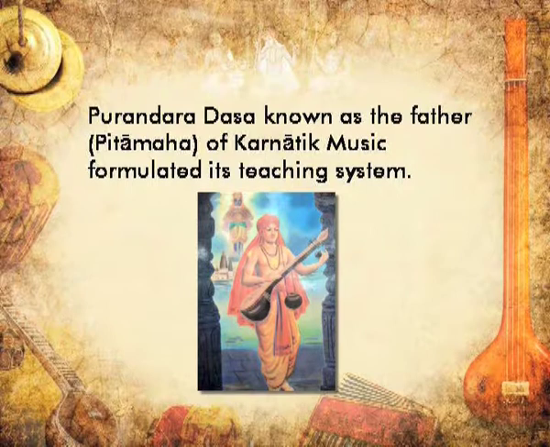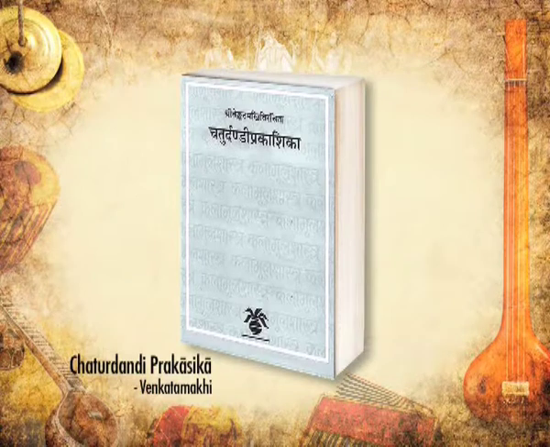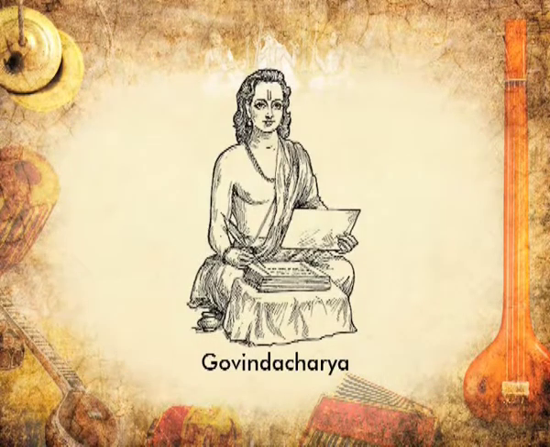Purandaradasa, who is known as the father or Pitamaha of Carnatic music, formulated the system that is commonly used for the teaching of Carnatic music. Venkatamakhi designed and authored the formula for the Melakarta system of raga classification in his Sanskrit work, the Chaturdandi Prakashika, 1660 AD. Govindacharya is known for expanding the Melakarta system into the Sampurna Raga scheme, the system that is